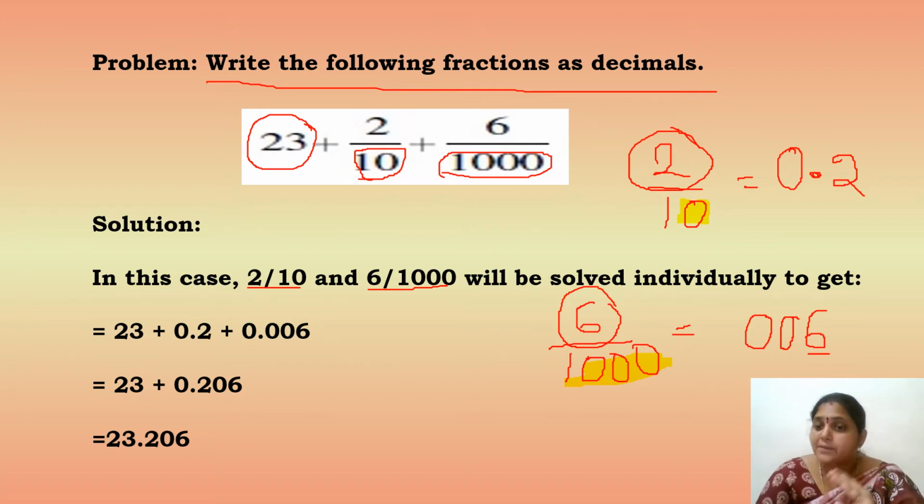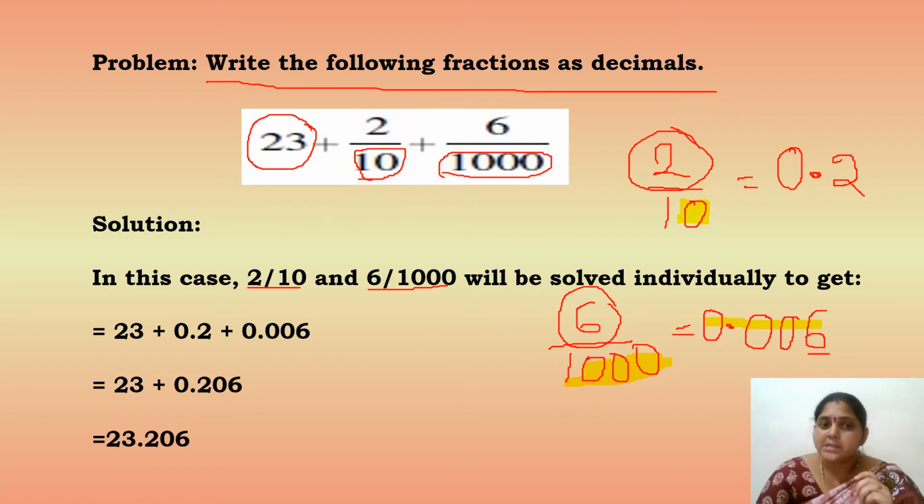If you write zeros after the number, the value changes. So always write zeros to the left of the digit, so the value does not change. Now how many digits did we get? 1, 2, 3. Now put a point before that. No digits in front of the point, so simply write 0. So 6 by 1000 can be converted to